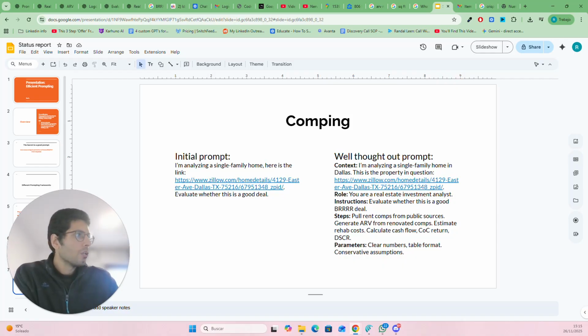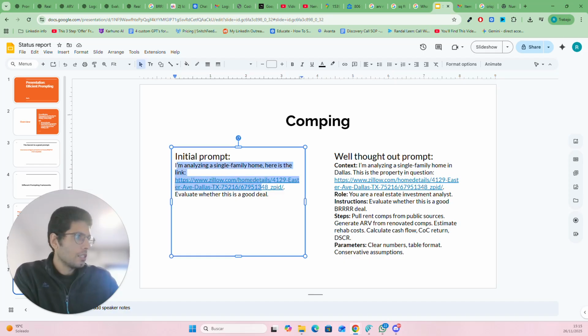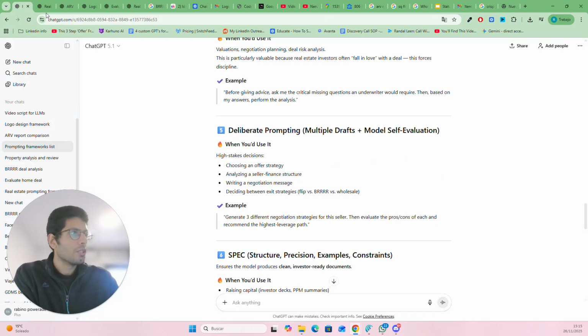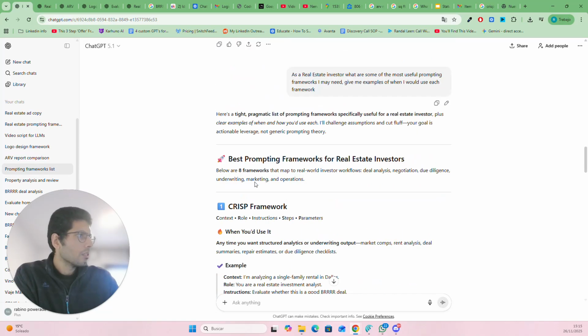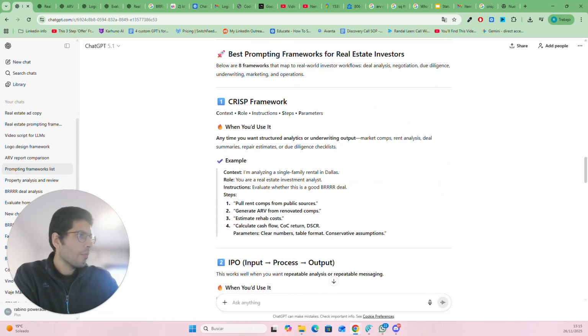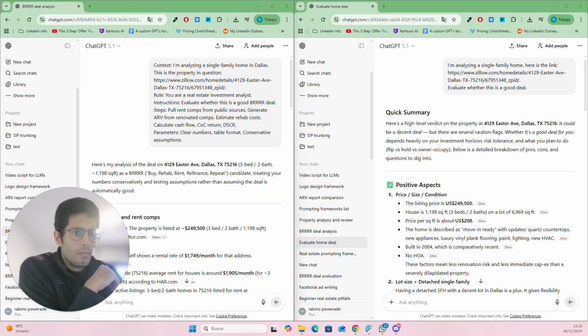Okay. So these are the two prompts that I'm going to be using to be comparing side by side. So this is the initial prompt, and this is when I've basically gone ahead and used, where is this? Yeah, so I've basically used this one, right? This framework that AI has just given to me, okay? Hang on.